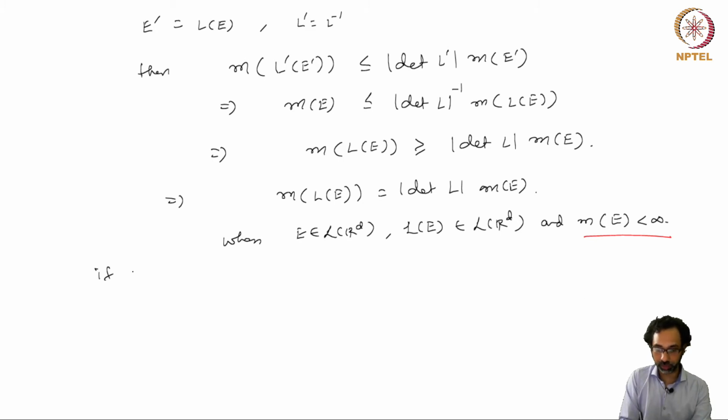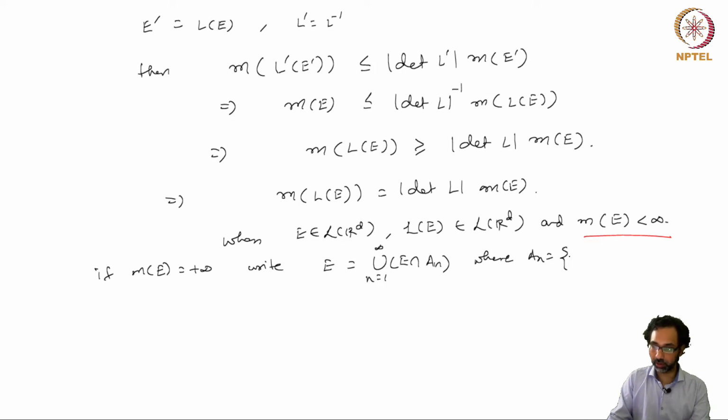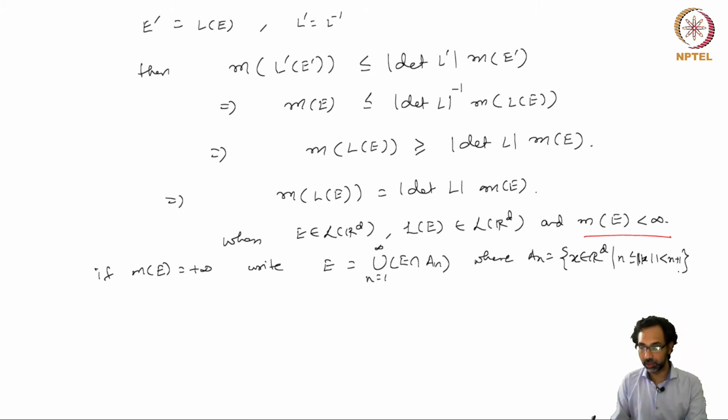If the measure of E is infinite, we can write E as a countable union, n equal to 1 to infinity, of E intersection AN, where AN is the set of points in R^d such that the norm of x is greater than or equal to n and strictly less than n plus 1. So this becomes a disjoint union,